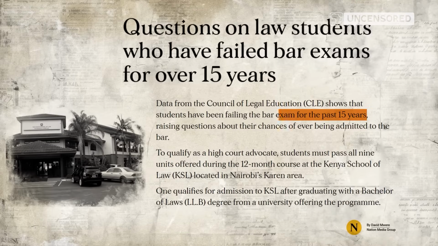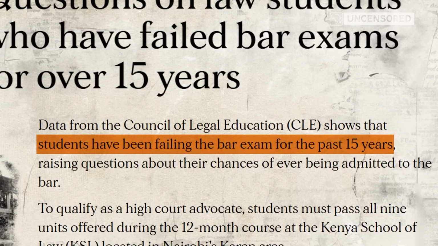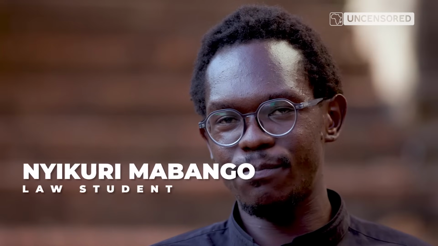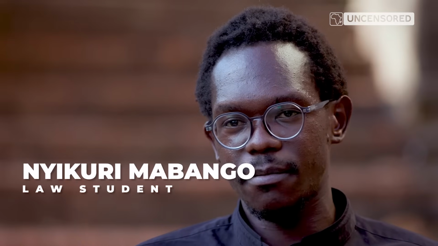Given everything we have seen up to this point, it is possible to understand the outrage that eventually sparked the protests. But with some individuals retaking the same exam for 15 years and counting, what is different now? Previously, people used to just let it pass. They created this notion that people fail because they don't study or they don't work hard. But with the current prevailing situation, people have come out in arms to question some of the policies in place. The agitation has always been there, but this is the first time a multitude of students have come together to agitate as a group for the same cause.